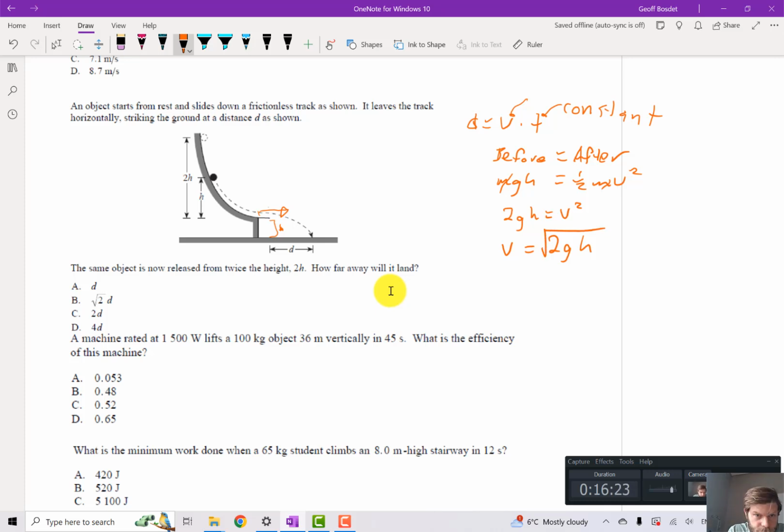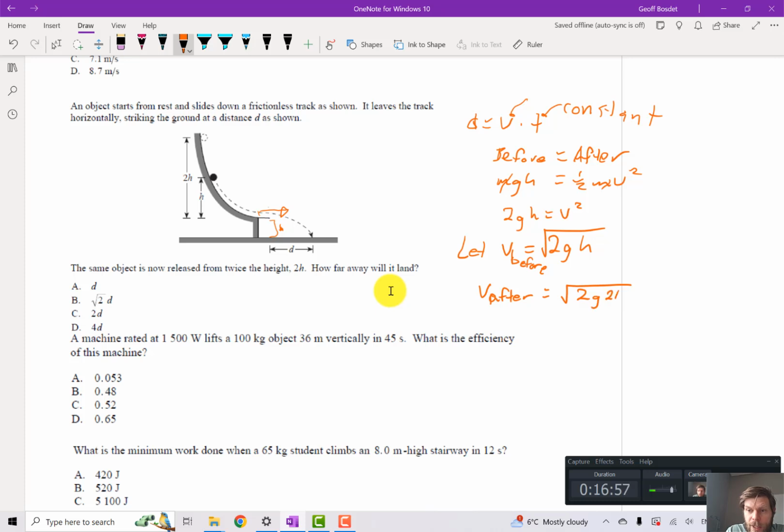Now, here's where the magic happens. I'm going to say, hey, my velocity before, when it was dropped from a height h, I'm going to say, let my velocity before just equal the square root of 2gh, whatever g and h happen to be. G, we probably know. I'm going to say v after is equal to root 2